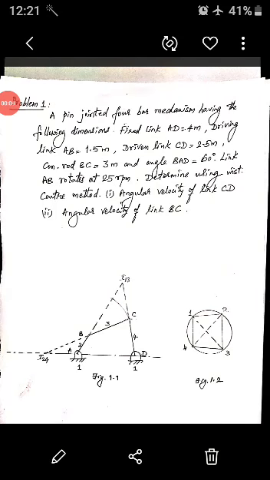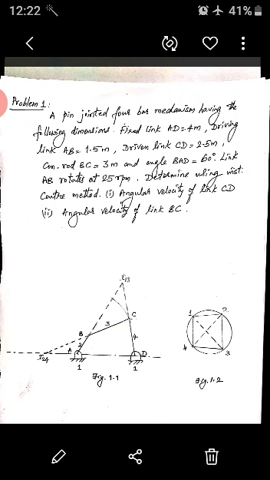Okay, good morning students. In the previous class, we showed how to find the instantaneous centers of any mechanism. The instantaneous centers are calculated by using the formula N = n(n − 1)/2. So for a 4-bar mechanism, the number of instantaneous centers will be 6. Small n is 4, so 4 into 4 minus 1 upon 2 is 6. So we have to find out 6 instantaneous centers always at the beginning of the problem.